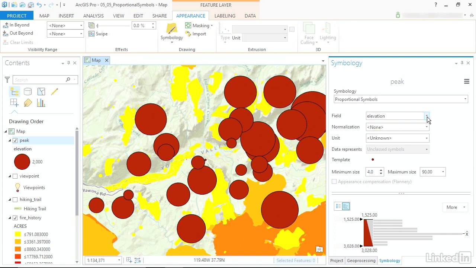The normalization field would apply if we wanted to visualize our data based off of some other attributes. For instance, if we wanted to see population per square mile, we would need both population data and a square mile data in order to visualize density. Now that's not going to apply to how we visualize elevation, so I'm going to leave normalization set to none